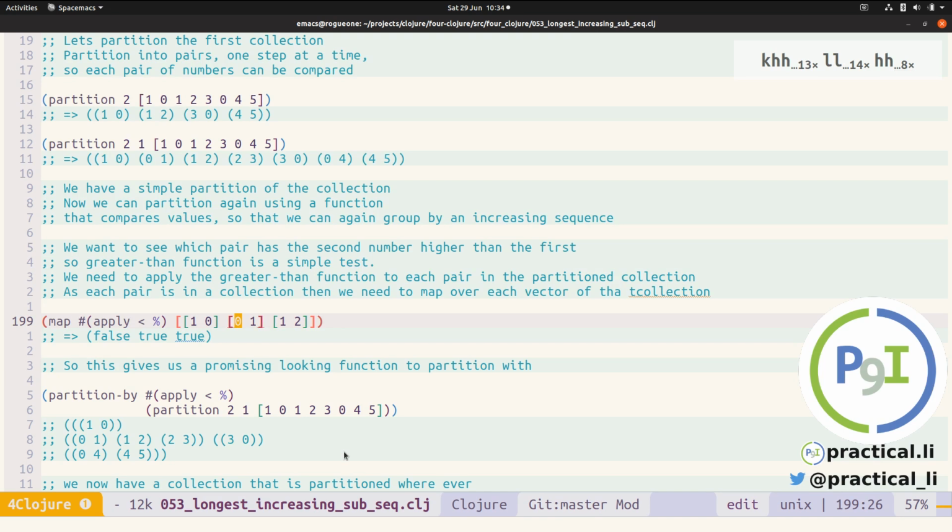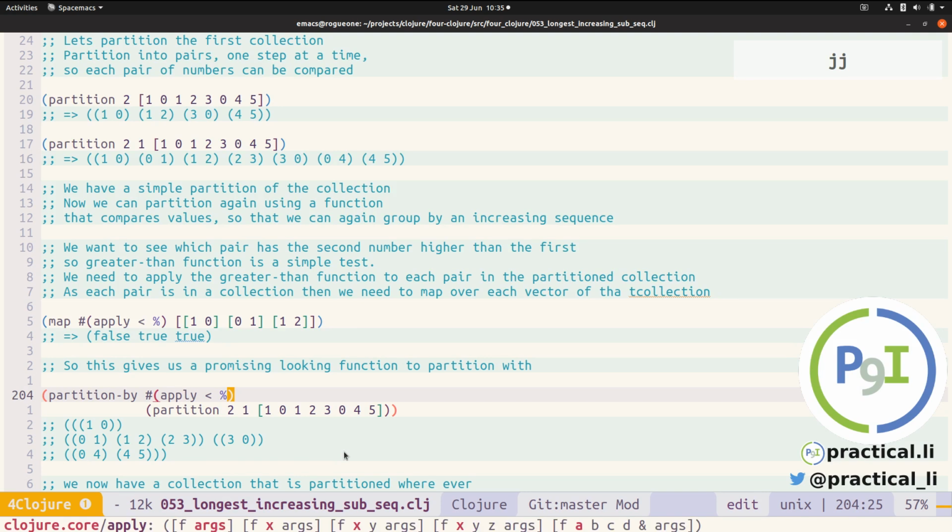So if we pulled out 1, 0, 1, 1, 2 and got rid of the duplicates, then we'd have our increasing subsequence. So it's looking promising, but rather than using map, we can use partition by for the same approach,